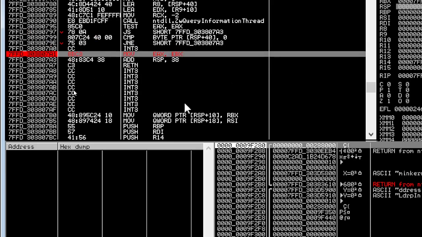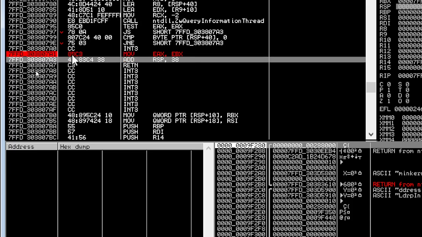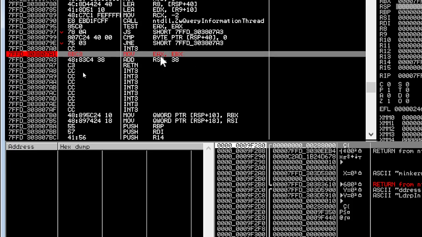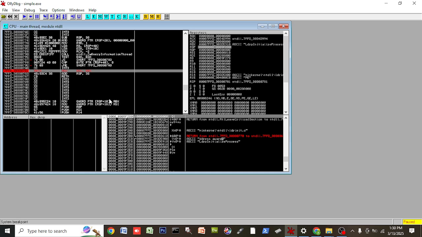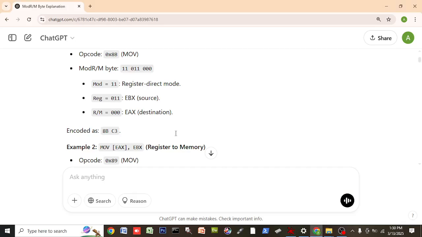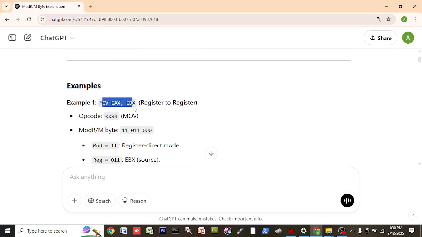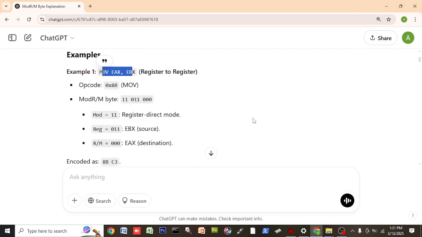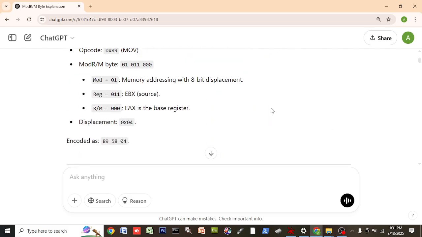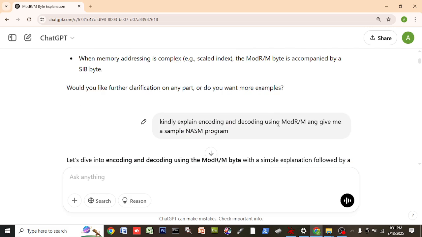So in programming, this is the important thing: you know how to decode and encode the program. And the equivalent of this one is AX, BX. You see? That's why the command generated by the ModRM is MOV EAX, EBX. So that's how you understand all this. This is how Intel reads, encodes and decodes their code.